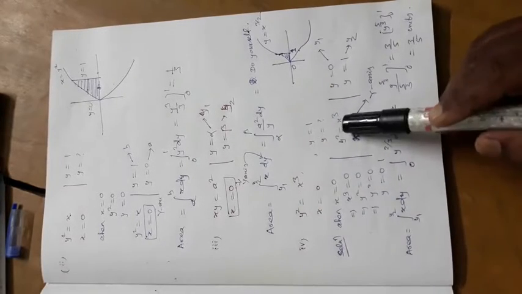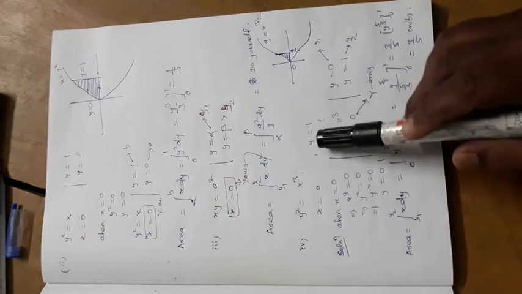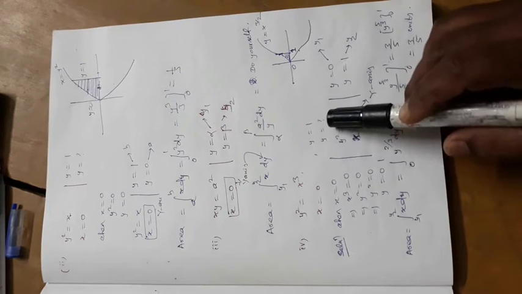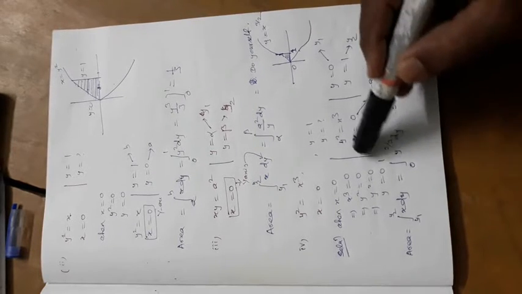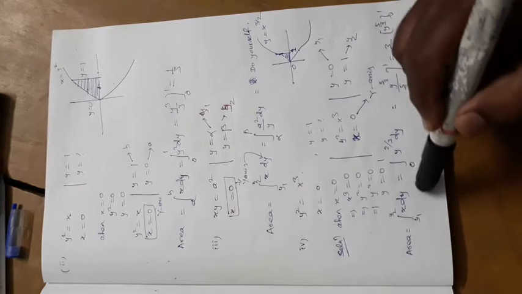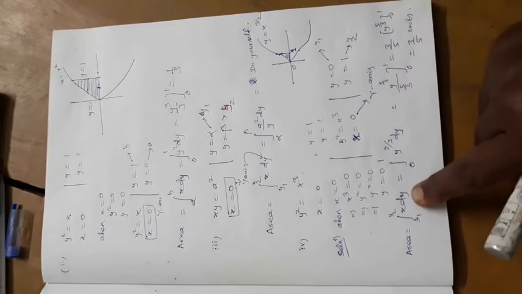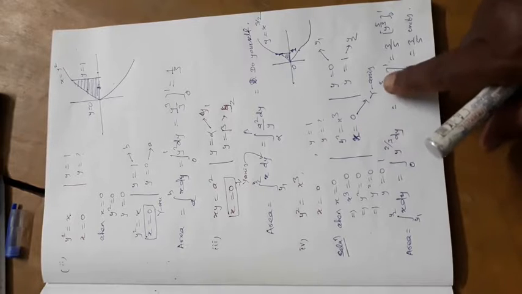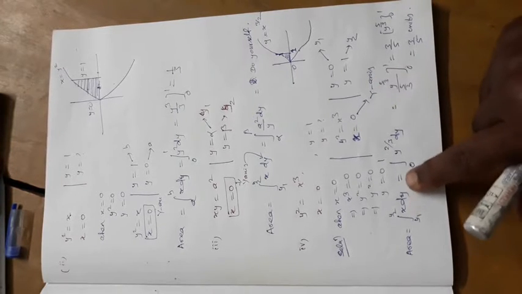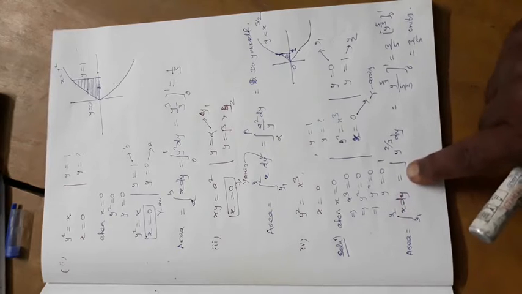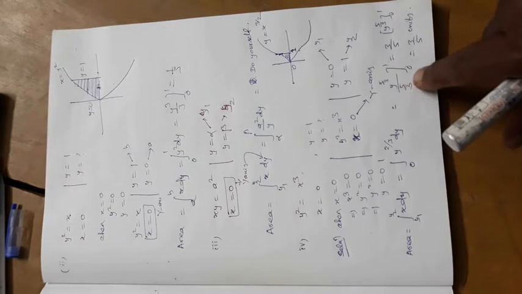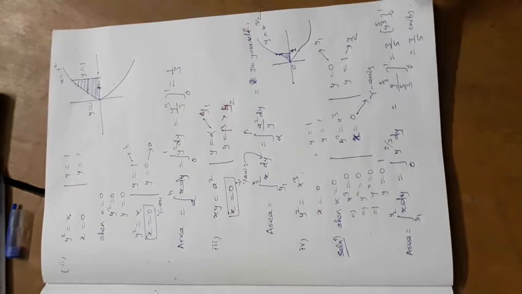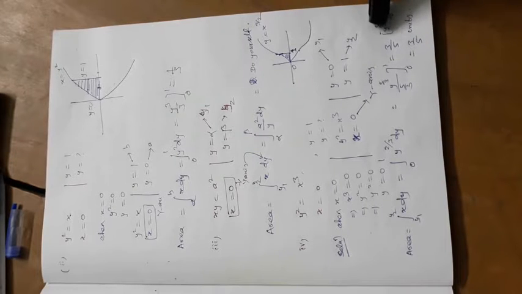Now y square is equal to x cube, x is equal to 0, means it is not given. y is equal to 1 is given, and another value is not given, y is equal to 0, y is equal to 1, this is y1, this is y2. x is equal to 0 means y axis, so area is the integration of x dy from y1 to y2. Why y1 to y2? As it is which axis? Y axis. So it is x dy from y1 to y2, integration 0 to 1 of y to the power 2 by 3 dy, is equal to y to the power 5 by 3 by 5 by 3, 0 to 1, then 3 by 5 y to the power 5 by 3, 0 to 1, that is 3 by 5 units.